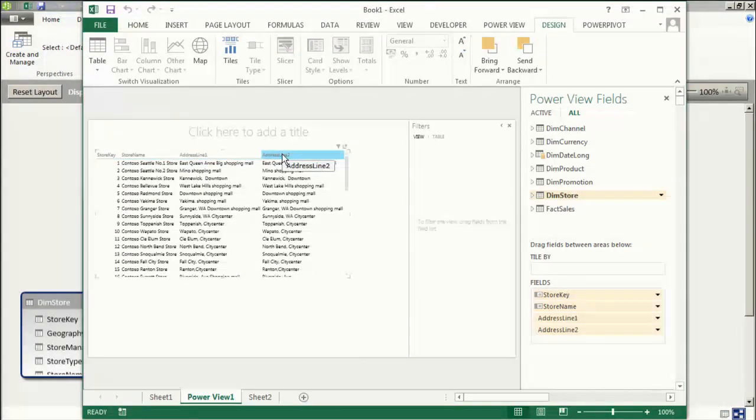If I just double click on that header, I can go down and pick specific ones if I want, but